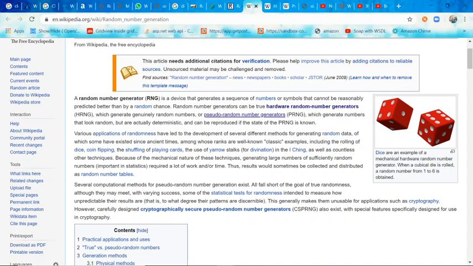A pseudo random number is not purely random, because if you know the algorithm and the seed, you can easily predict the next value that will be generated.